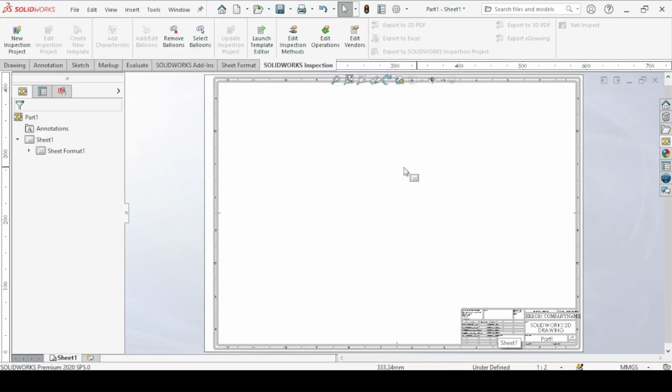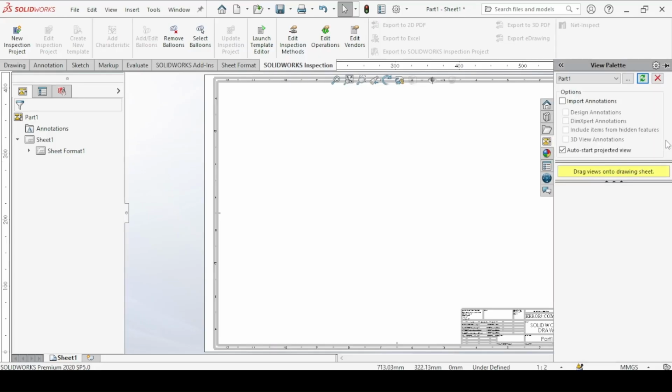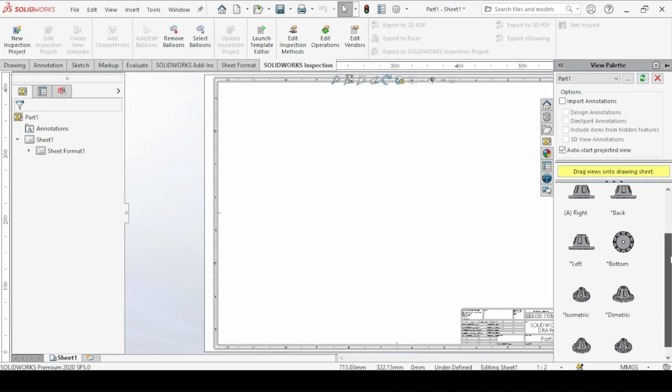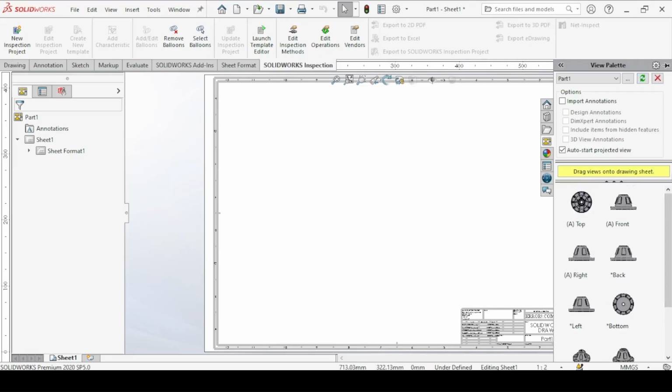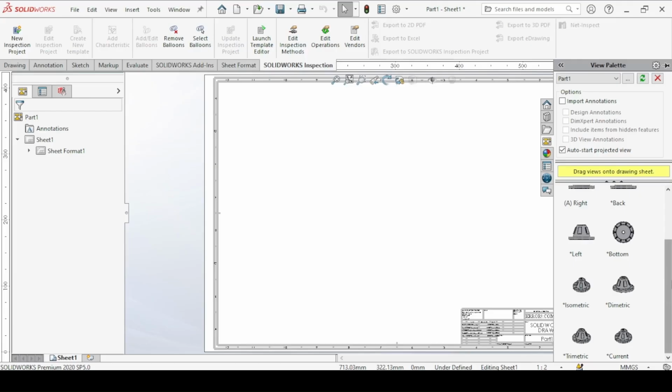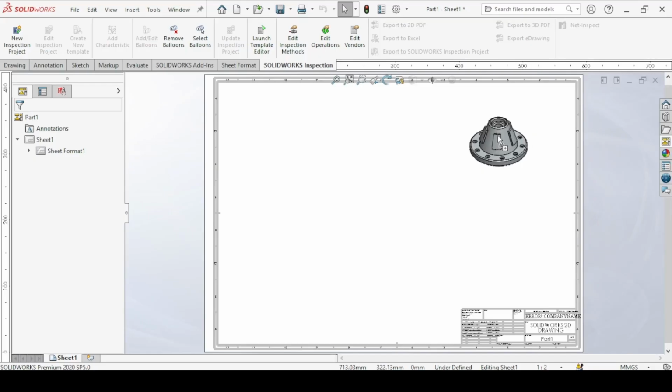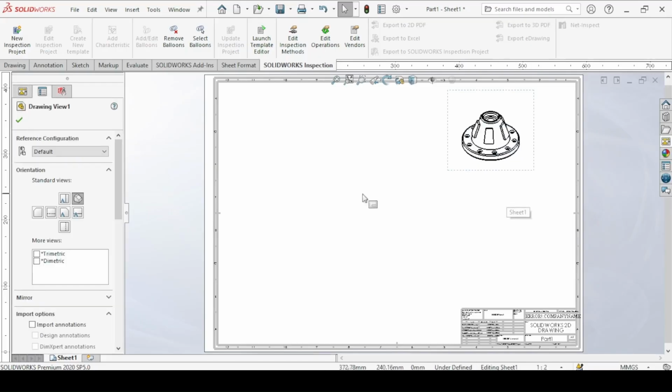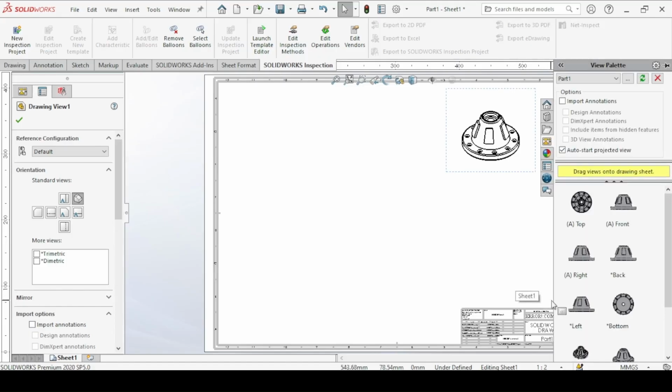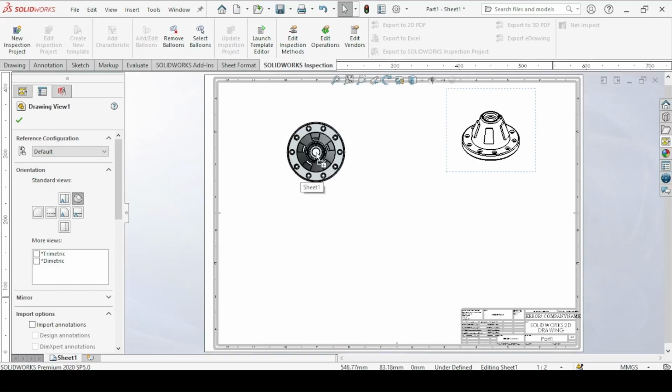The first thing we are going to do is to add our views. So come to view palette. The views are no longer here. Refresh so they can come back here. And these are our views that we are going to insert. We first insert the isometric view. So come down, click on the isometric view, click, hold and drag, and bring it here. Again, view palettes. Then we add the top view as well. So click, hold the left mouse button and drag the mouse and bring the top view here.